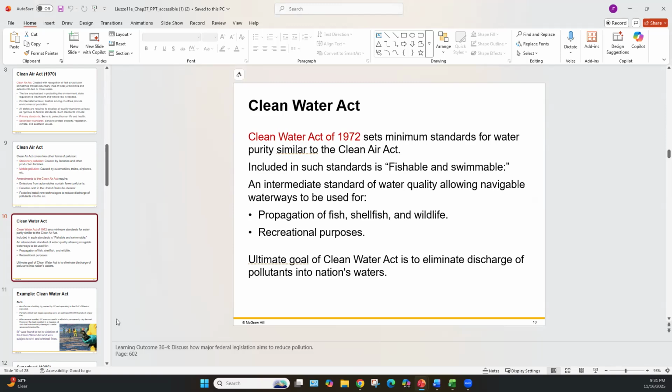So when you think about swimmable and fishable, you're going to eat out of the water, you're going to catch a fish. Is it safe to eat? Am I safe to dive on in? I don't know about you guys, but I don't dive in things where I can't see the bottom. Never been a fan of that.